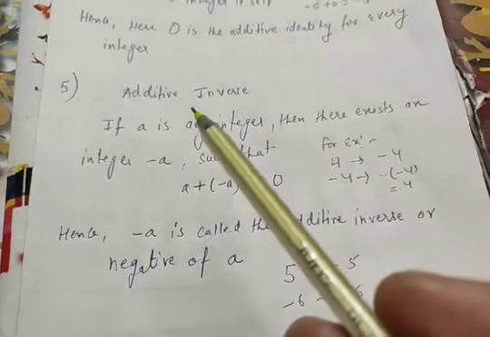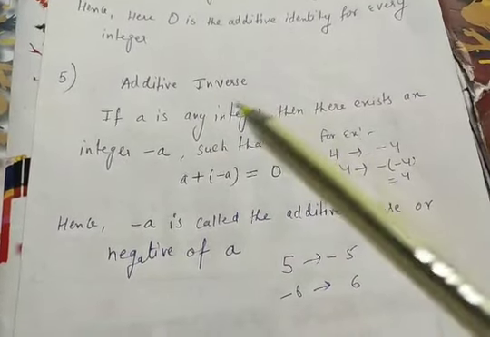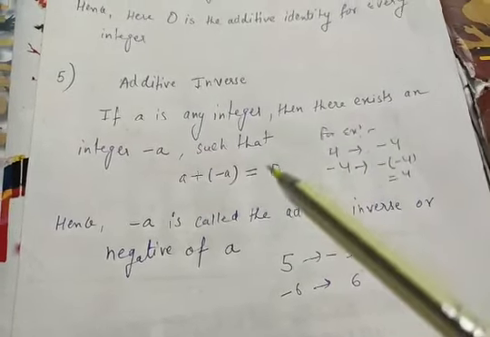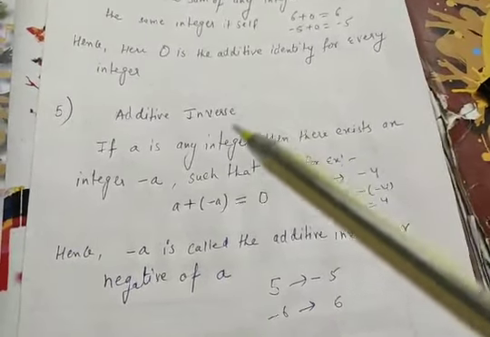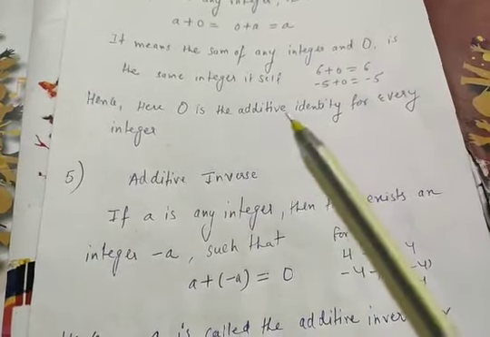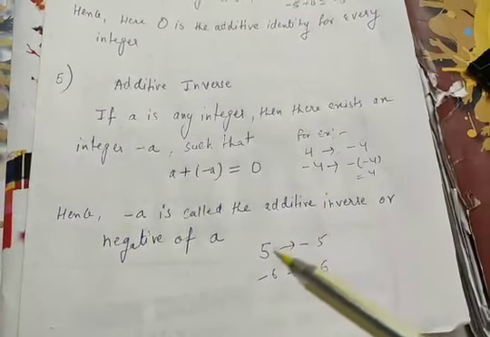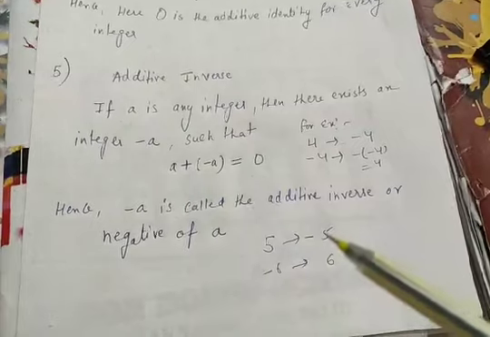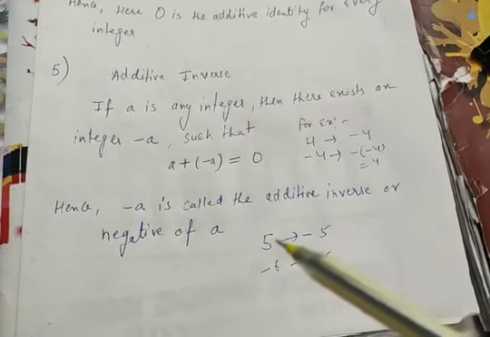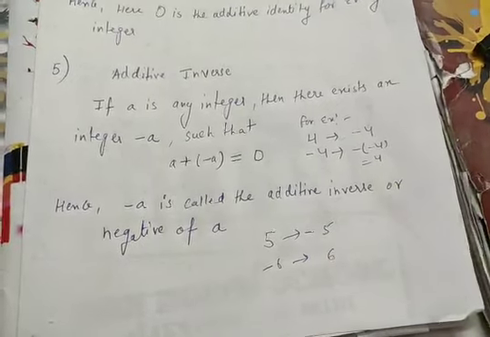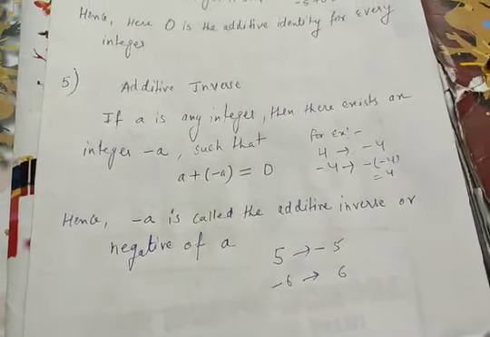Clear? Okay. So that means the sum of a number and its negative or its additive inverse is coming 0. And 0 is what? Additive identity. So in other way I can say, what number should I add to a given number so that I will obtain the additive identity? That is always the negative of a number. That means the negative or additive inverse of 5 is minus 5. In other words, what number should I add to 5 so that it will come 0? That is minus 5. Hope you understood all these properties.